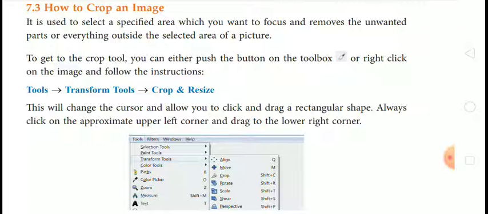Means if you want to remove the unwanted part or everything outside of the selected area of your picture, you can use the crop image option.